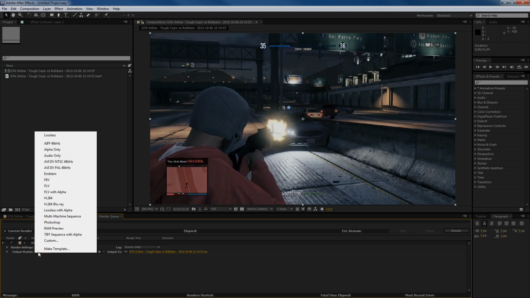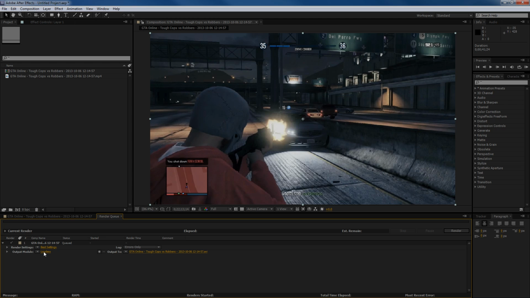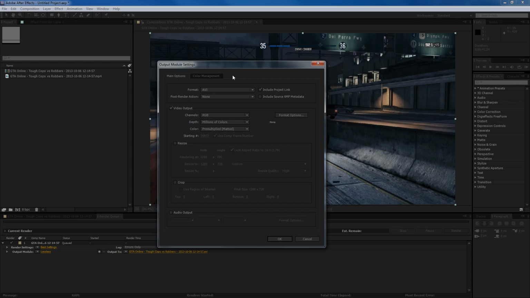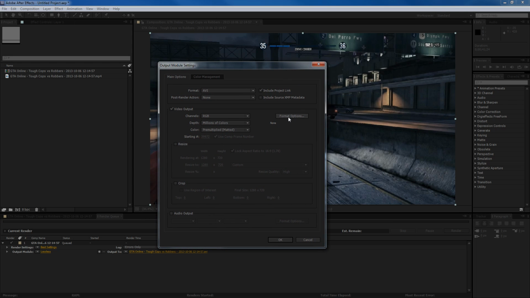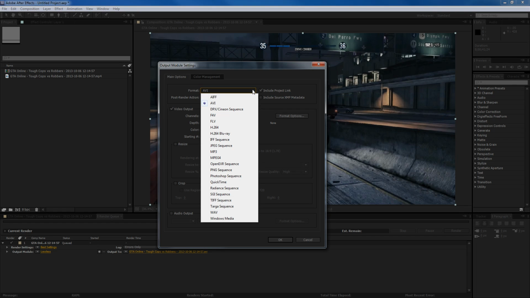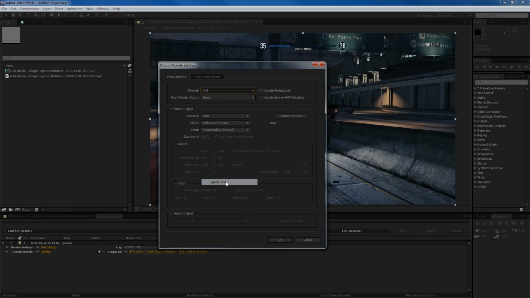If you don't have H.264, sorry, that's a little bit of a mouthful, selected there, then go ahead and click lossless without selecting anything in the list. And it'll bring up a new output module window. And what we need to do, we need to go ahead and change a few things. It's a little bit more complicated, but we're going to change AVI to QuickTime. Make sure you have QuickTime Player installed, otherwise QuickTime won't be there. And straight away